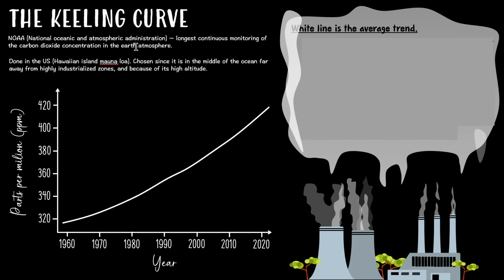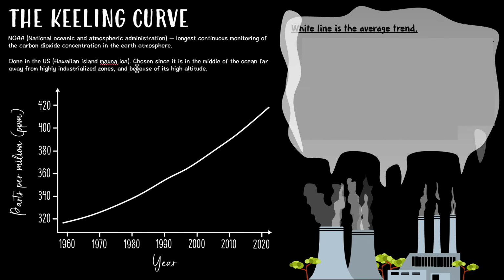Don't worry about it. They're just known because they have done this for the longest period of time. So we like their data because it's for a long period of time. Other organizations have done it, but for shorter periods of time. This monitoring is going on in the US, okay, and specifically this little island. This island is chosen because it's very far away from industrialized zones. So it's not biased, because if it was located right next to a factory, then the carbon dioxide levels would be inaccurate to represent the average of the world. So it's going to some place where there's no pollution and things like that to measure the carbon dioxide,